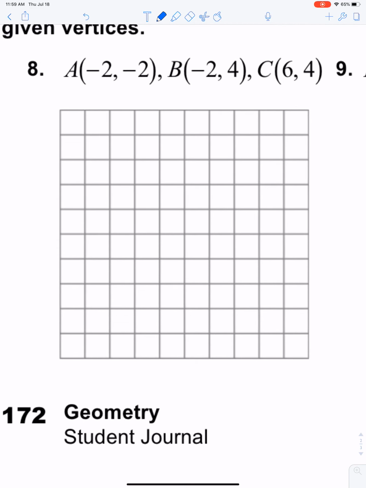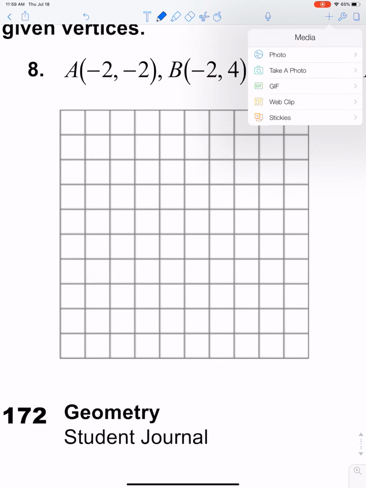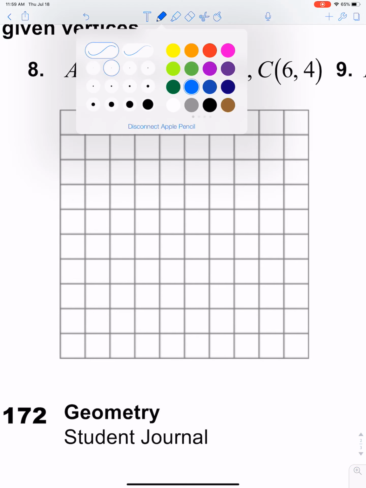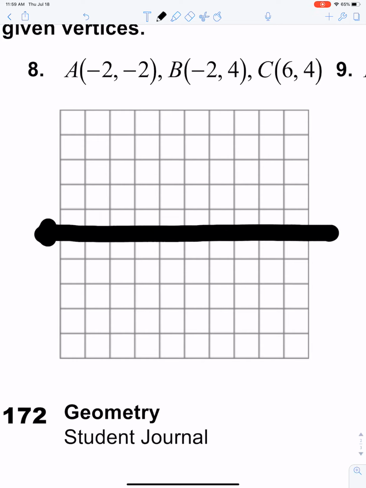We're going to focus on number 8 for right now. First we need to create our grid. Oh, we have a grid. First we need to create our coordinate planes. I'm going to make those a little bit darker and in black. So I'm going to create a coordinate plane, this long by about